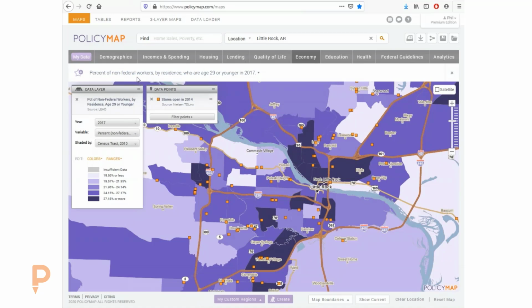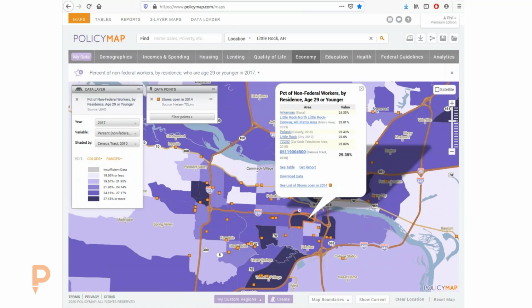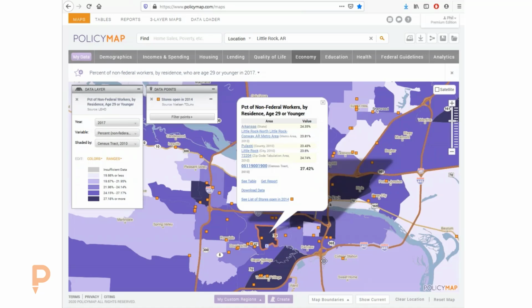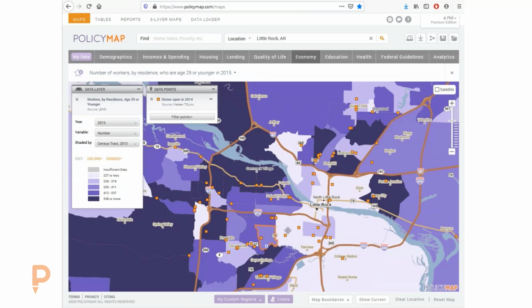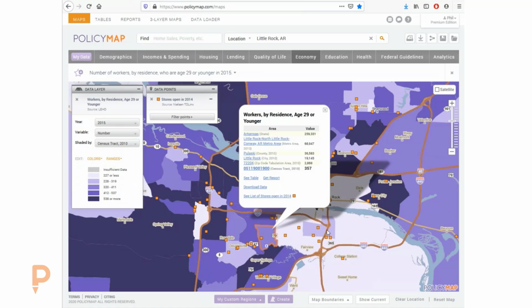What this did was join data related to jobs, the type of people that have jobs, with a demographic. So this is a really cool map that shows the percentage of people that are under 30. If you ever want to find out where millennials that are working live, these are very neat maps that show that 29% of the people that are working are under 30 living in this particular census tract. In Little Rock. In Little Rock, yeah, in this place. And you can flip this and say, well, what's the number then? And now you can see the number of people. So percentage and numbers are always two different ways to look at it.